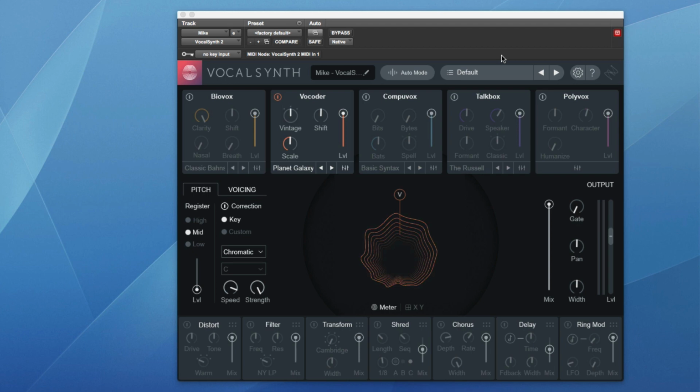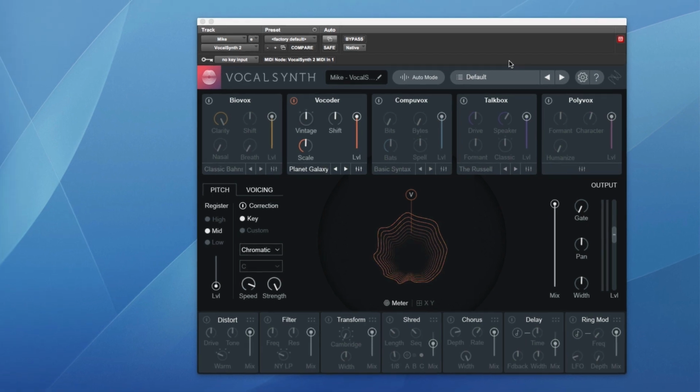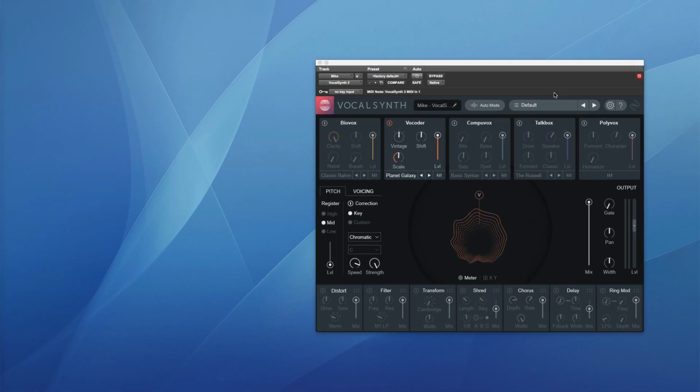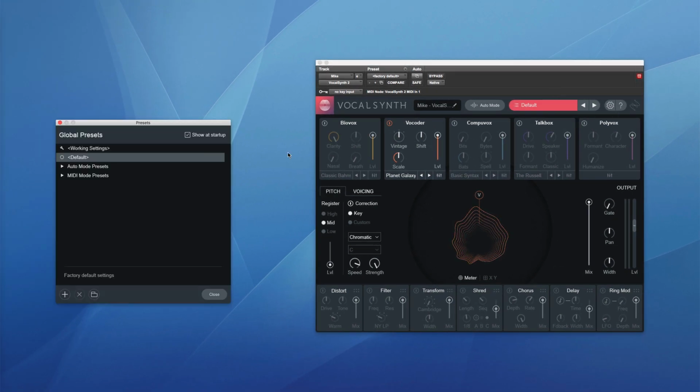Now, often when I'm exploring a new tool, something a bit different rather than, say, a regular EQ or dynamics or effects plugin, I'll start with the presets, as they often give me an insight into how to use a particular new type of tool. So here we have the presets window, and they're divided into two sections, auto and MIDI. As I'm not going to be using MIDI as a source, I'll just look at the presets in the auto